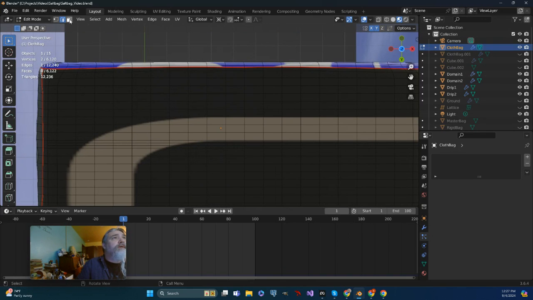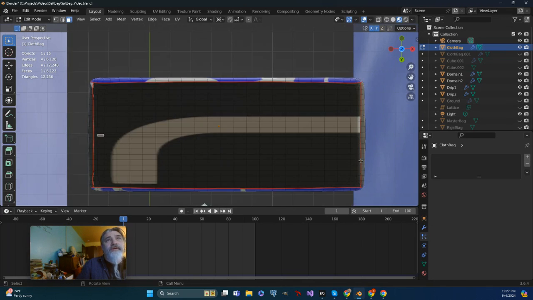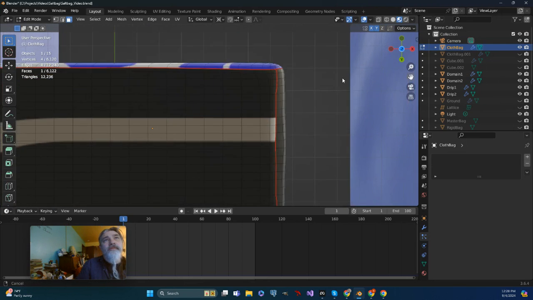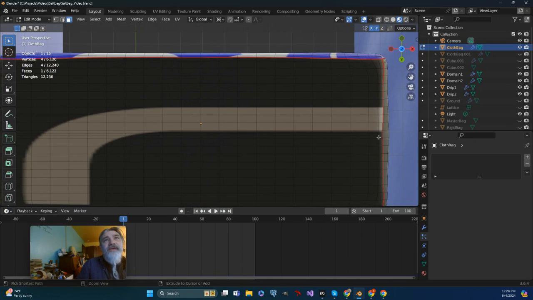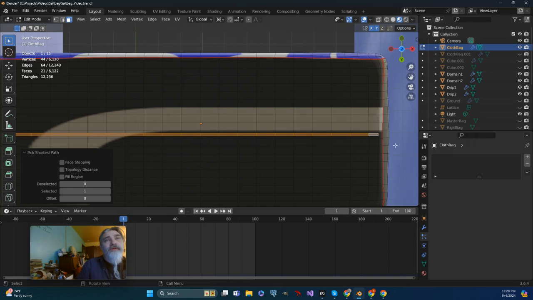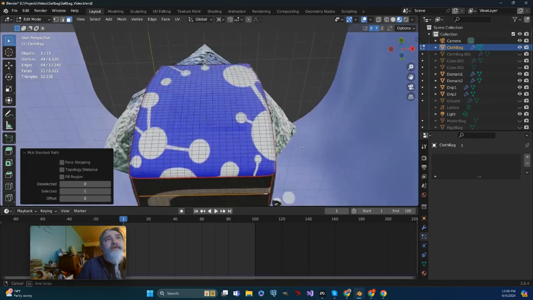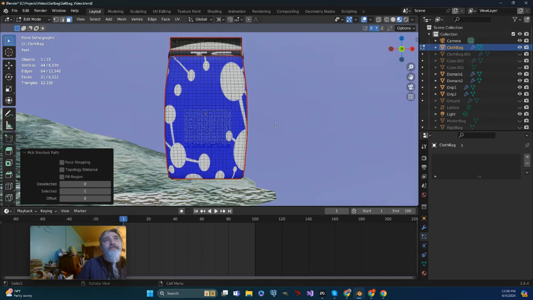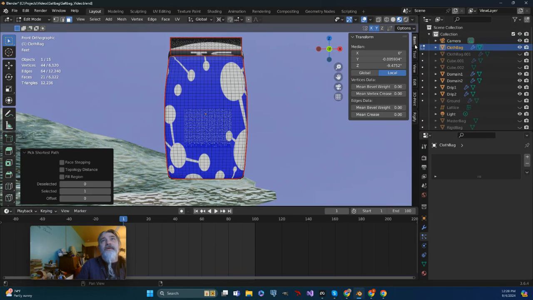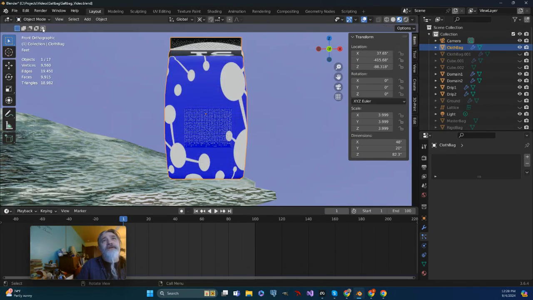And then in face select mode, I'm just going to grab everything between here and here. So having selected the one face, I'm going to hold down my control key, and then select the face on the other end. And let's look at this in the front view. Actually, let's push N and bring this back. I'm going to go into object mode because I'm looking at the dimensions just to get a sense of the scale that I have on this item,